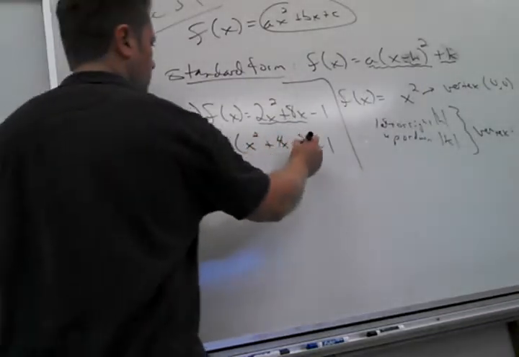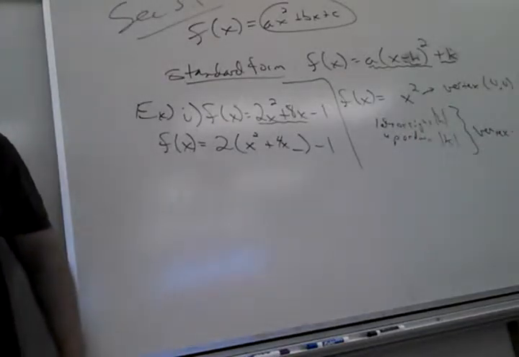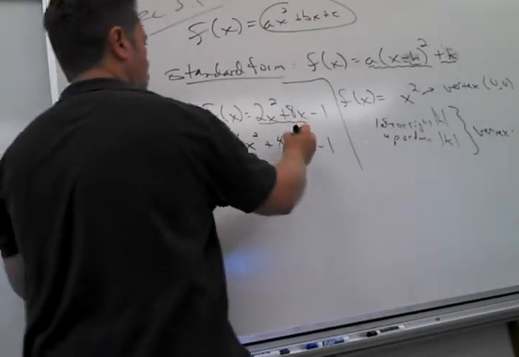Okay, and then leave a little bit of room there so I can complete the square. How are we doing so far? Good. So how do you complete the square? You take half of 4, which is 2, squared. 2 squared is 4. It's crazy. So then here I want to put